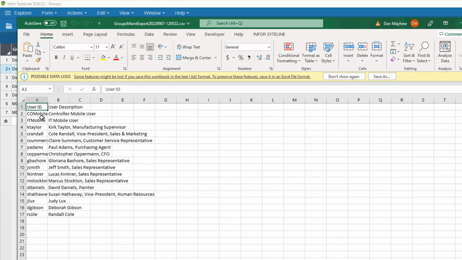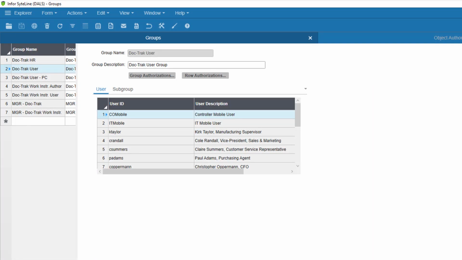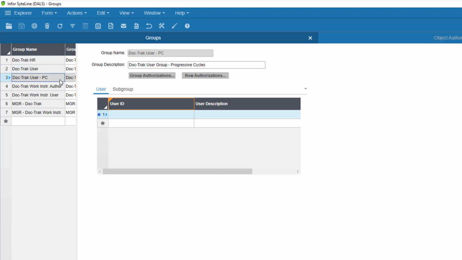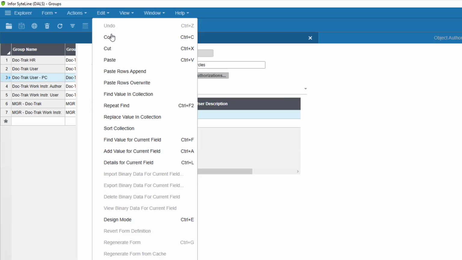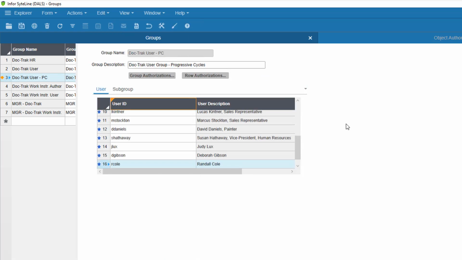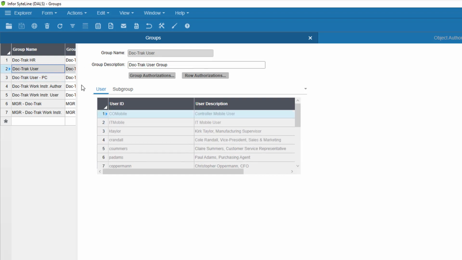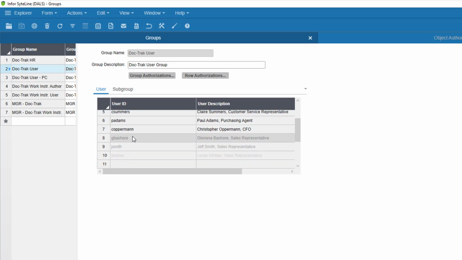Then I'll copy them, select my new DocTrack user PC group, paste them to the user grid, and save it. Now I'll go back to the original DocTrack user group and delete all the users from that group.